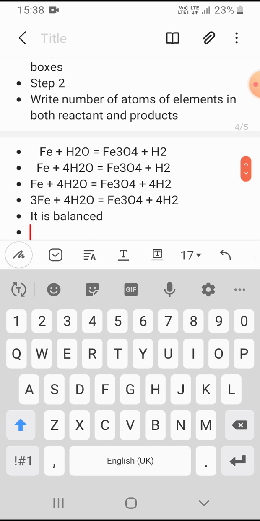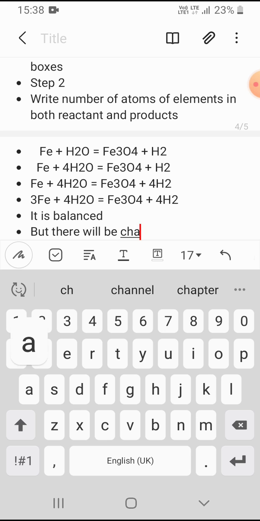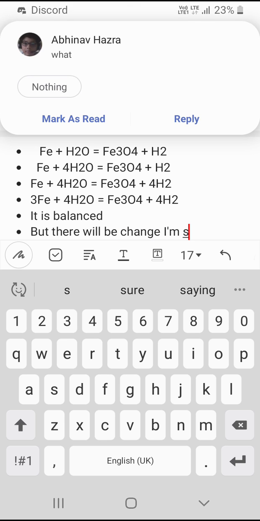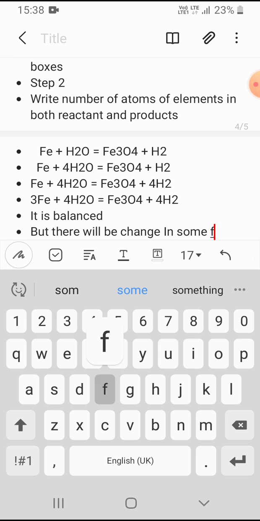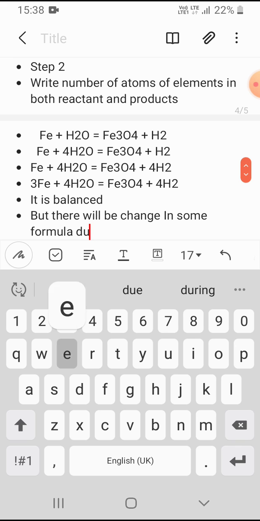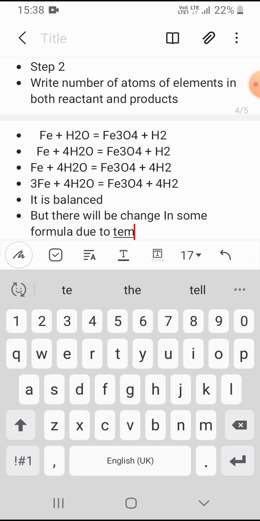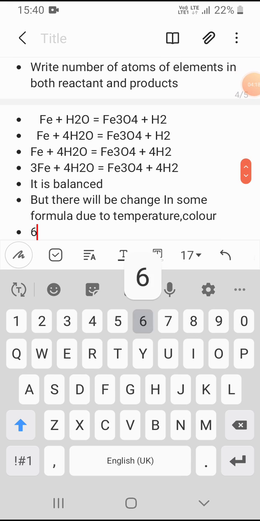Now it is balanced, but there will be a change in the formula in some reactions, due to temperature, color, as I said, there may be color. So first is here the